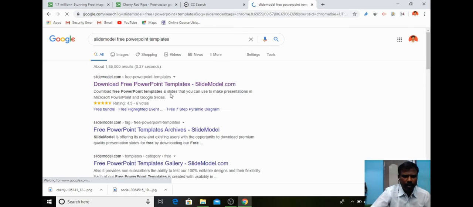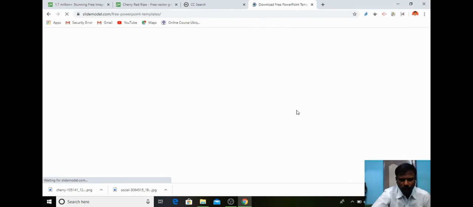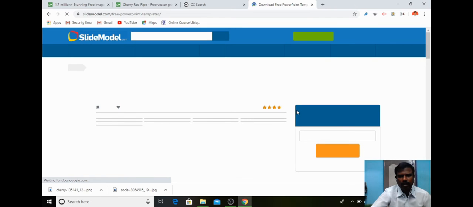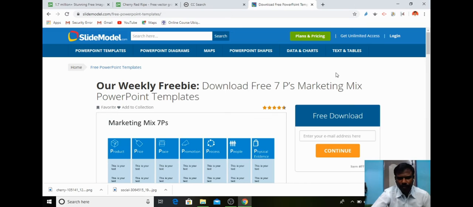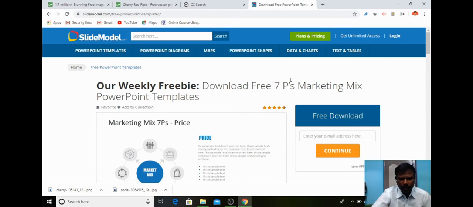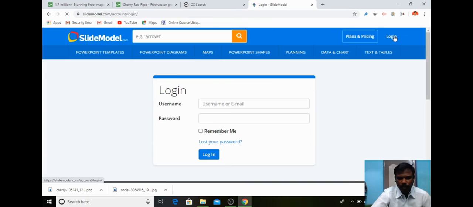So here we have to create an account for downloading the images and pictures. So it is free. So you can create by giving your email, or the Gmail account can be used for creating one account here. So already I have created, that's why I am using login. So after creating you can use the login button and you can give the login credentials.